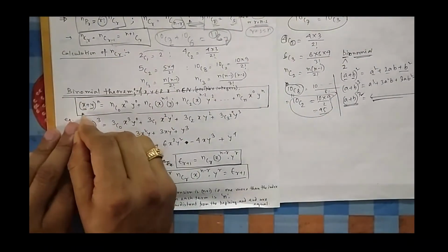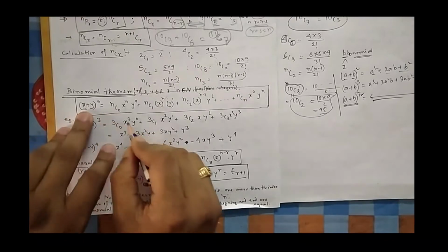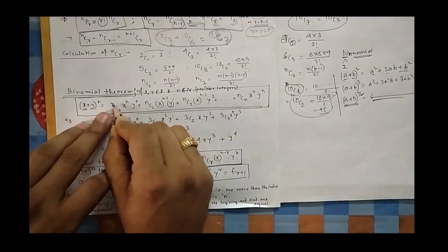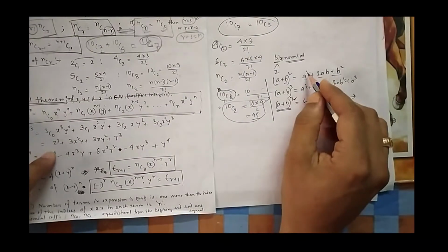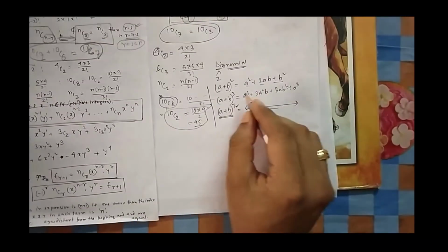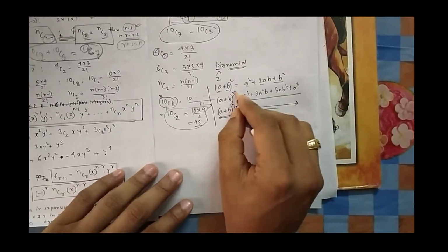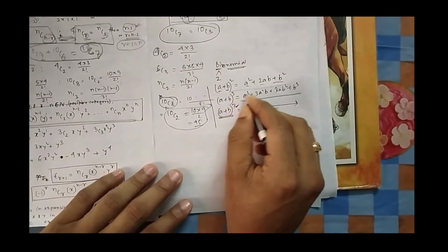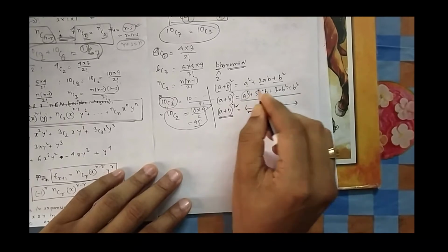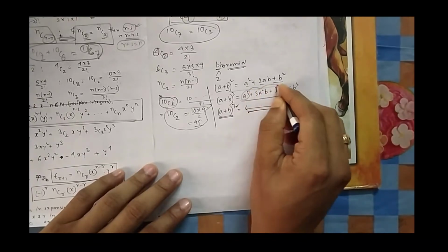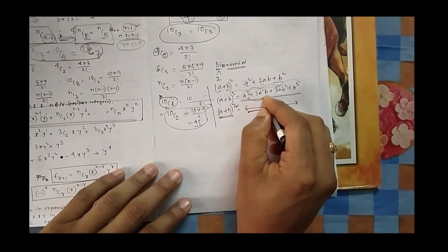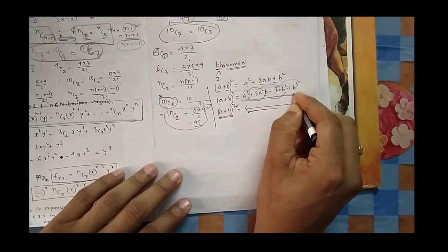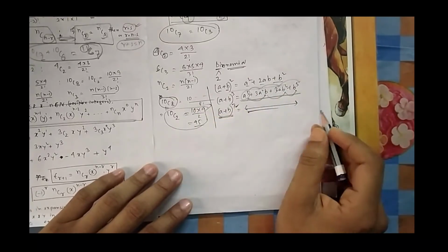So here you can see this is the theorem. They say a plus b to the power n. Here it is written in x plus y. So this is the theorem. nC0 will start, then the full power. You can see here it is something similar to this one. If you see some property here from a plus b whole cube, a plus b whole square also, a starts with the full power, a cube, then a's power reduces, a square, then a is 0 here. And b is here, first b to the power 1, then b square, then b cube. So you can see there is a symmetry of this fashion.